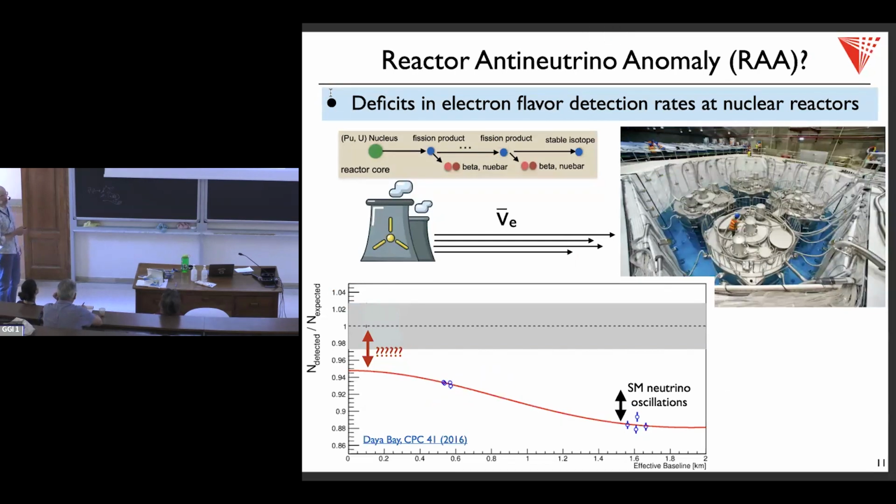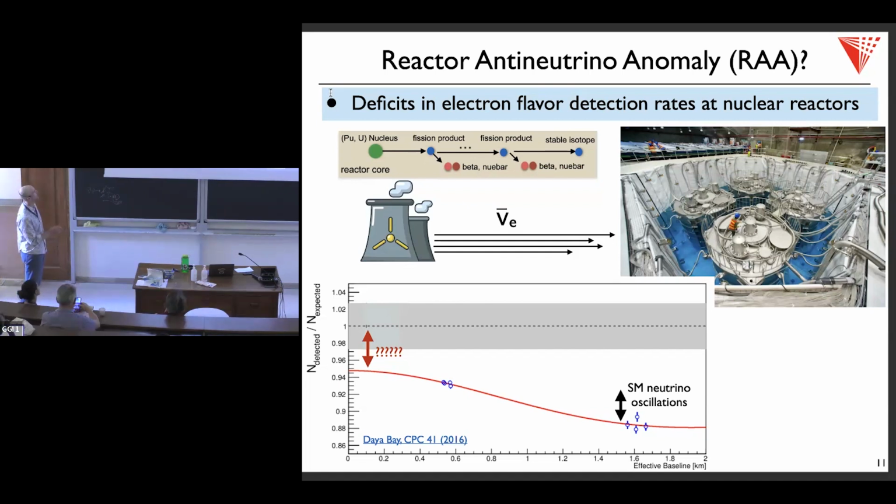So in nuclear reactors, what is happening? In a nuclear reactor, you're taking a heavy nucleus and splitting it in half. The fragments are neutron rich, so they want to beta minus decay, and every time you beta minus decay, you get a neutrino. That is what is happening in a reactor. You're making new electron antineutrinos from these strange neutron-rich fission products, and then those travel through space and time towards our neutrino detectors.